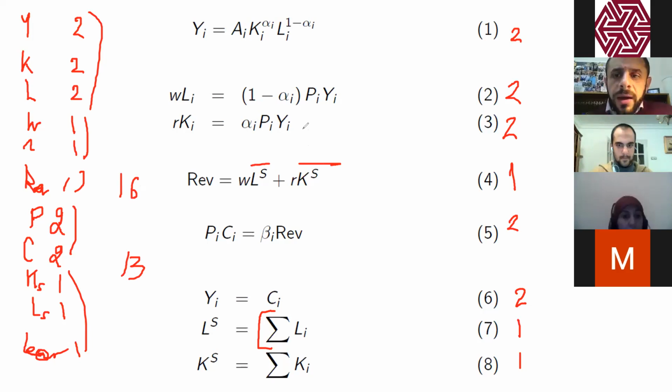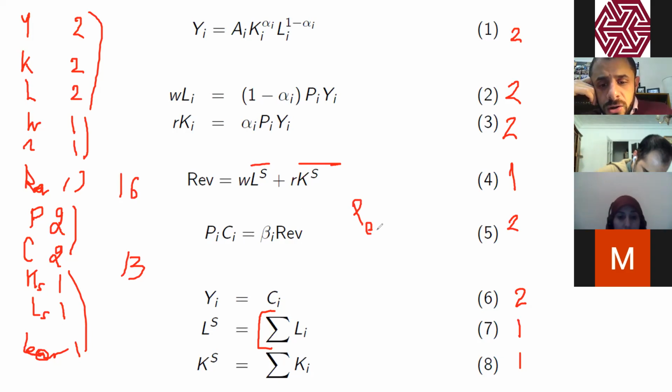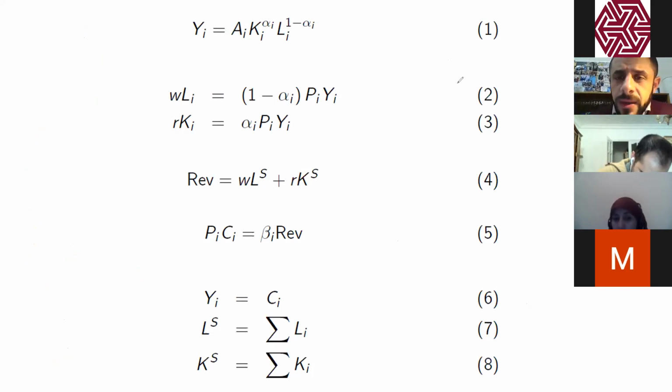And now we will have to choose one price to become exogenous, because now we have 2 prices, the price of industry and the price of agriculture. We will assume that the price of agriculture will be our numeraire. The other price is endogenous and will be determined by the model. So now we have 3 exogenous variables: labor supply, capital supply, and the price of agriculture, which is considered the numeraire of the economy. Any question on the model before we start coding it?